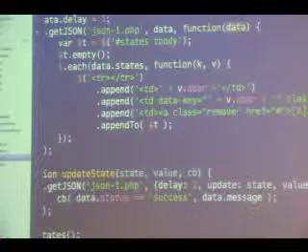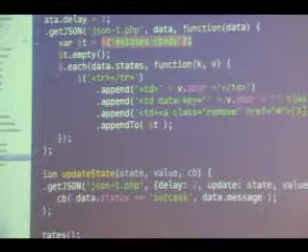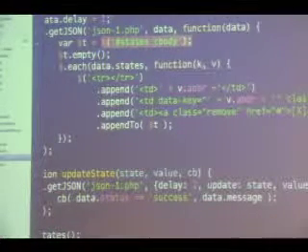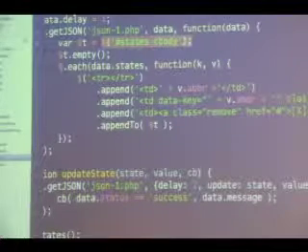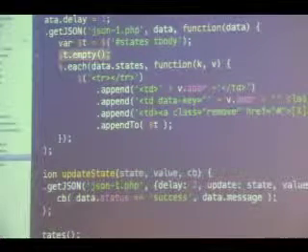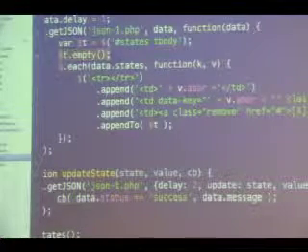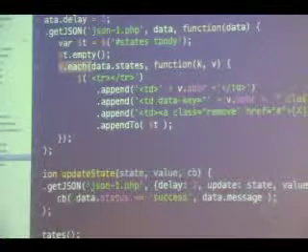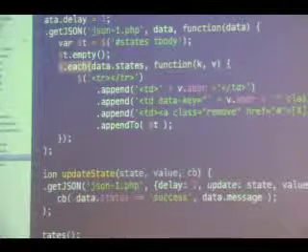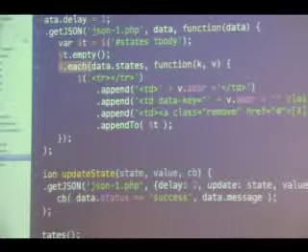So now that I have the data from the server, I select states, which is my table. I select the tbody child element of that, and I'm going to empty it out. So if I have any existing data in there, I'm going to clear it, and then I'm going to use a utility method, which is $.each. You can pass an array. This is a very nice way. It's an iterator pattern.